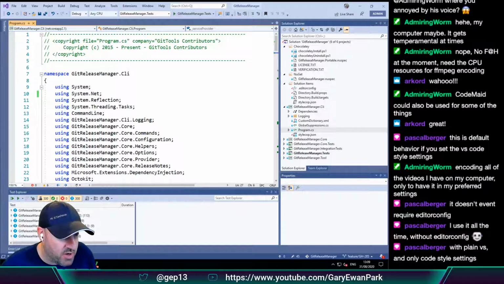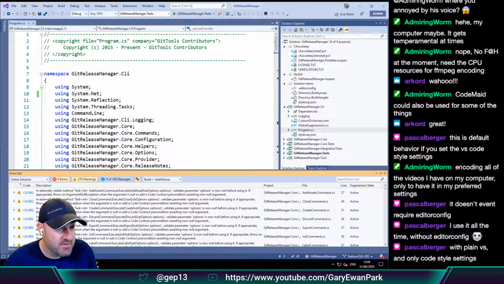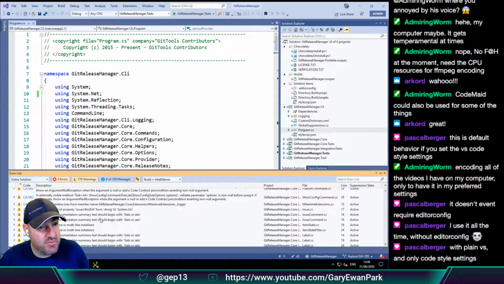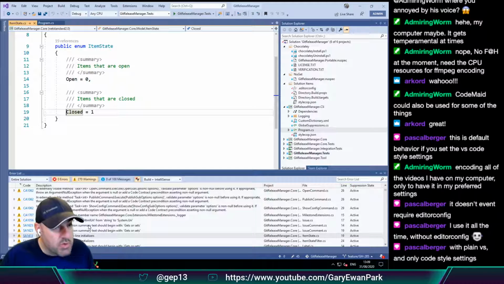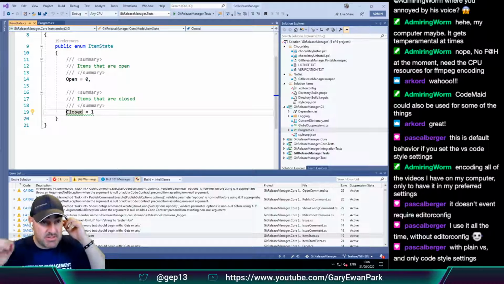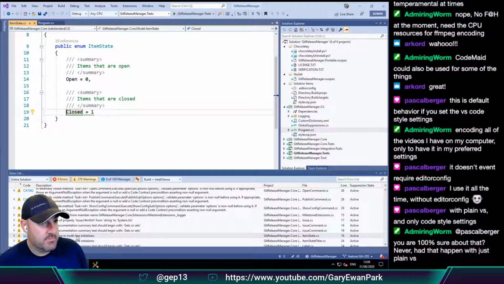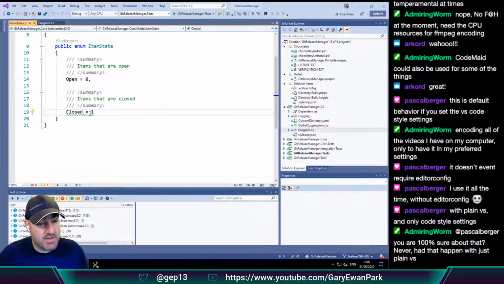Right, so let's look at what other errors or warnings that we have, and then decide if we need to fix them. Use trailing comma in multi-line initializers. That sounds like a good idea to me.